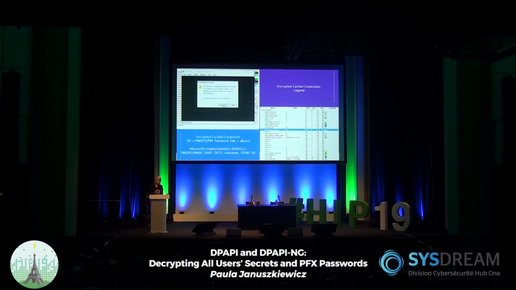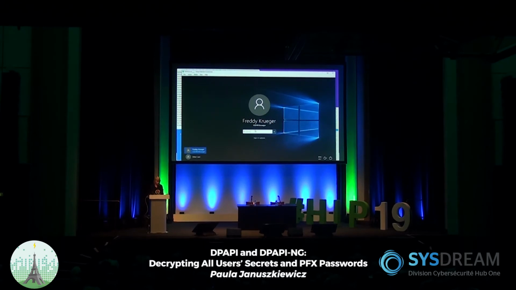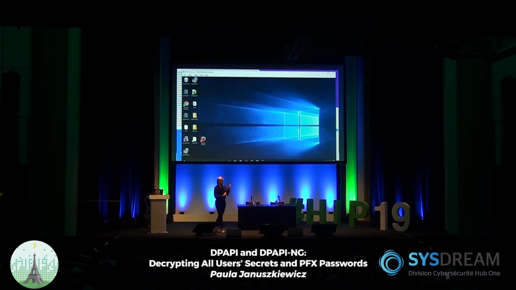Now, whenever we are thinking about our box over here, let me just simply reconnect, because we're supposed to have booted this machine already, and this is this one. Now what I'm going to do is log on as Freddy Krueger, once again with the password. If you remember, this is what we've been using over here, and this password is incorrect, because right now we are comparing with the cache logon data, the pre-generated value in the registry. So we're going to run mimikatz, like this. Here we go. And this is basically what we are comparing with.